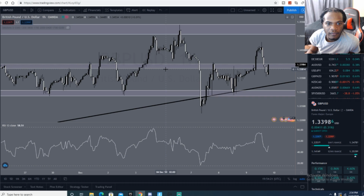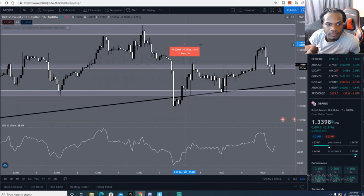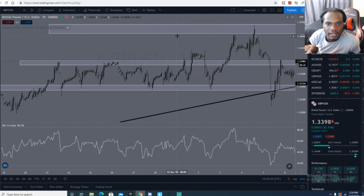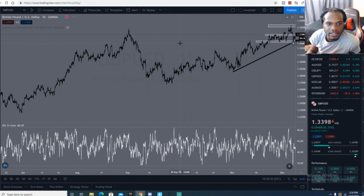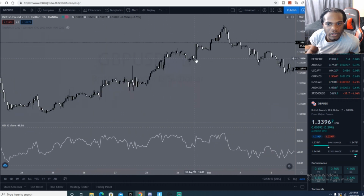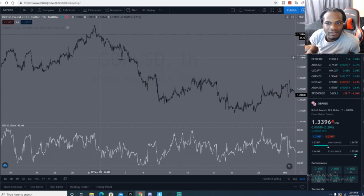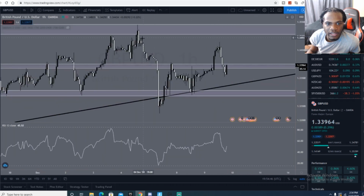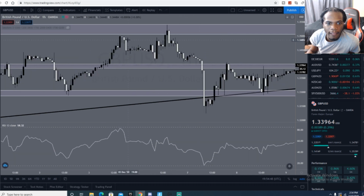First off, this trade up here was an easy trade, but we didn't have a zone for this. I mean, if we drag this out all the way over here, we did have some price action and another high, which we could have used. But let's just focus on what's current. So even before this peak high got formed,